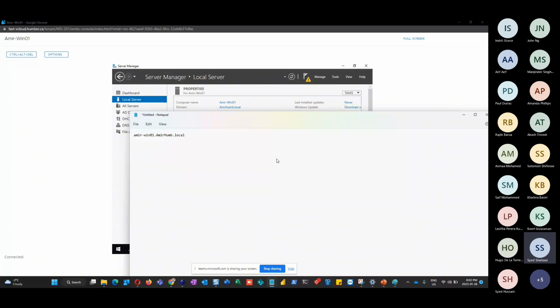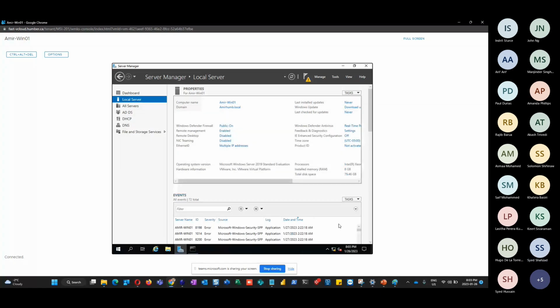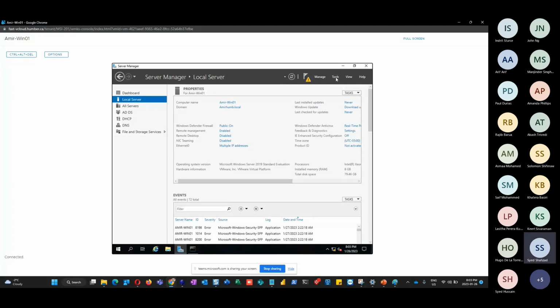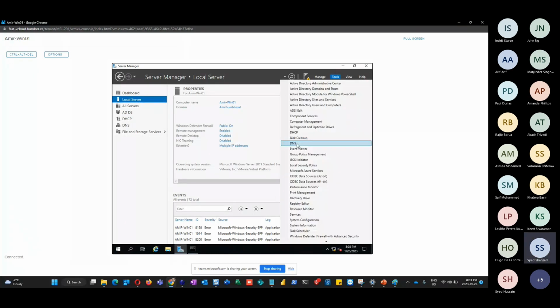name. Why is it called fully qualified domain name? This is the name of the machine, and this is the name of the domain that it belongs to, right? So it's not giving me this. Instead, it's giving me some other information. We're going to fix that. If I go here, it says localhost. Why does it say localhost? Because yes, this local machine is the DNS server. Really? If I click tools, I see DNS installed here. Yes, so it's right. The command prompt NSLOOKUP result is correct that this machine is the DNS server as